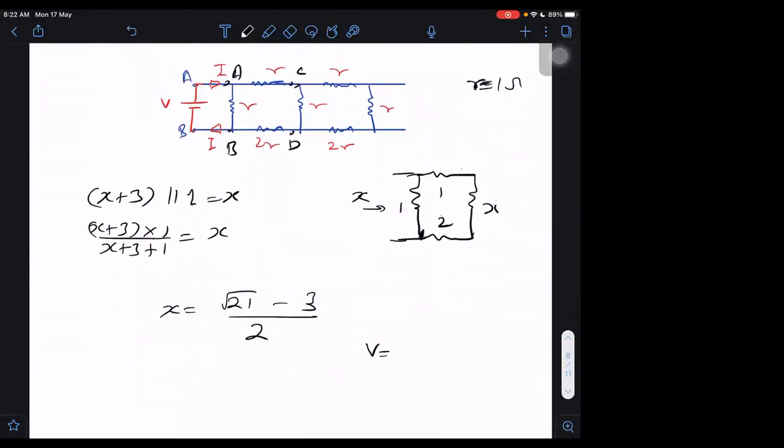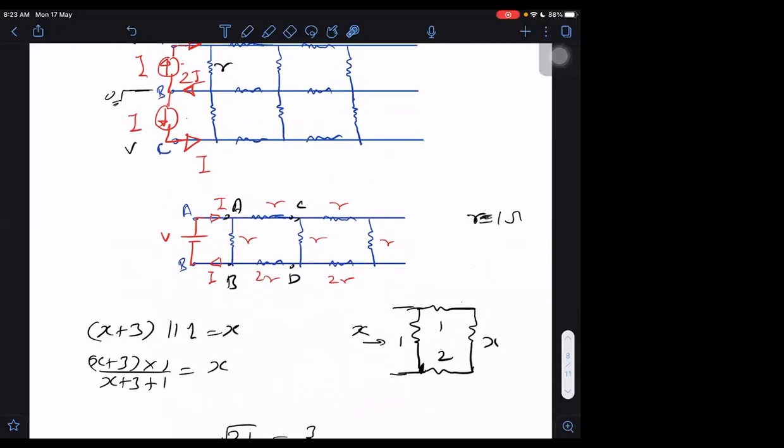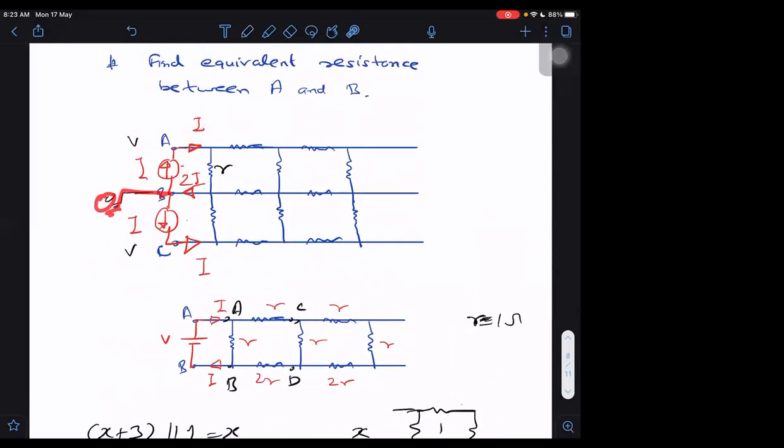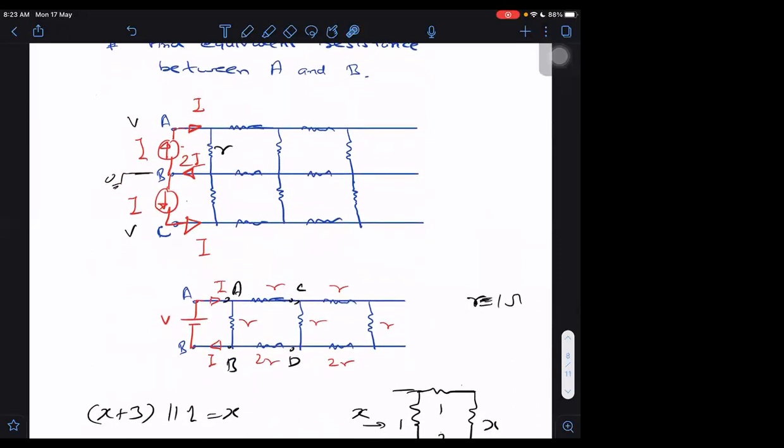V potential was equal to I into R. You know, V is equal to I into R or not? Observe this loop here. In this loop, V is equal to I into R. That is the potential V. This B I am taking as reference here. B is 0. So as compared to B, this is that potential V. So I can write the equation in this small loop only, and I can say, no, wait a second, there's a problem.